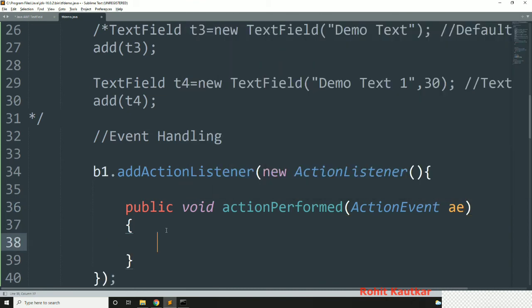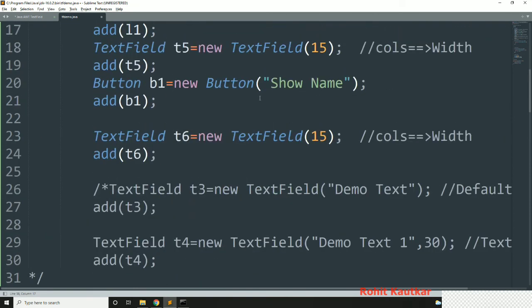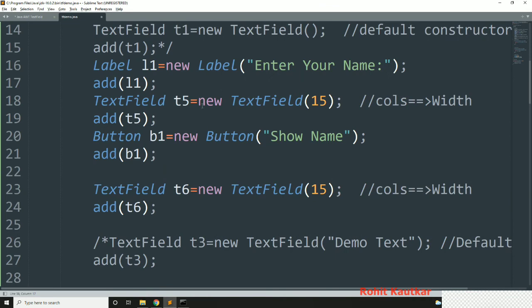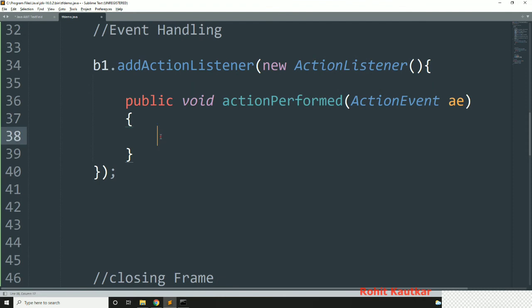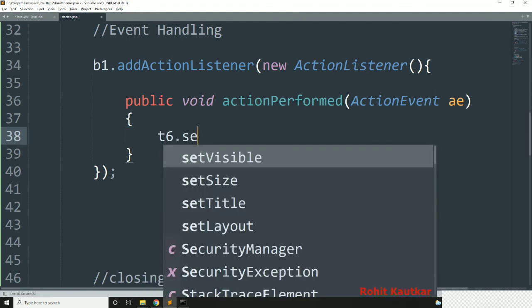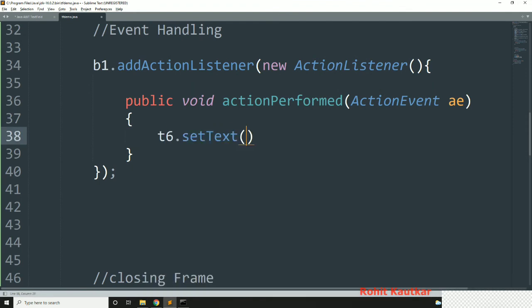Whenever the user clicks on our button, we will fetch the name from this text field and display it in this text field. So here I will write t6.setText. This method is used for setting text to a specific text field.